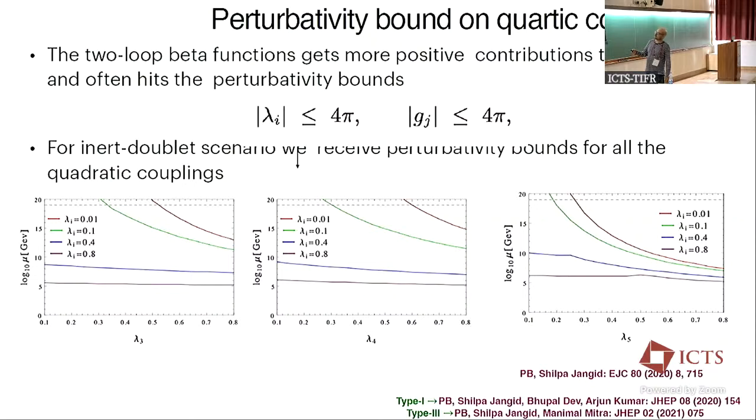Now, if you start with the electroweak value of 0.1, then you actually lose the Planck scale perturbativity here. But if you choose lambda equal to 0.4 or 0.8, then you do not have Planck scale perturbativity. Rather, perturbativity scales are below 10 to the power 10. So if you choose a large enough electroweak lambda i quartic coupling, of the order of 0.4 or 0.5, that means your theory is no longer perturbative